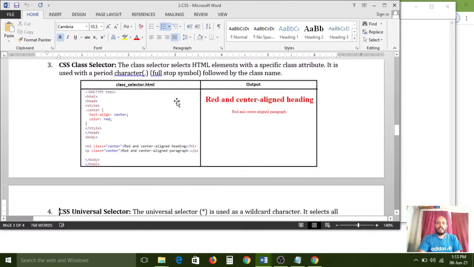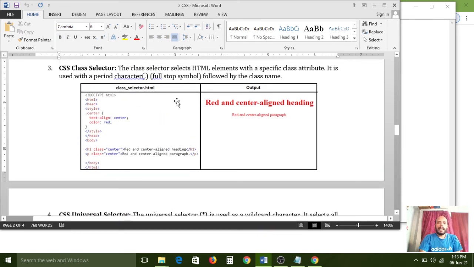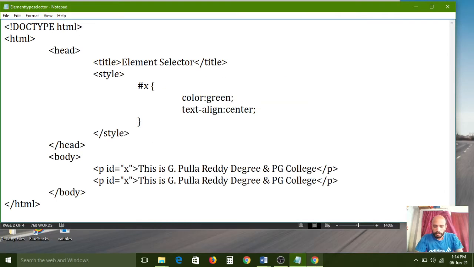Here I give an example. Carefully observe and carefully practice at your home. And next we have to see class selectors. So here carefully observe. Before, we had the ID example here. So here I am applying the same ID example again, and for the next paragraph, it cannot take it. Carefully observe what will happen. It cannot apply. So it has been applied. So now I don't want to apply.